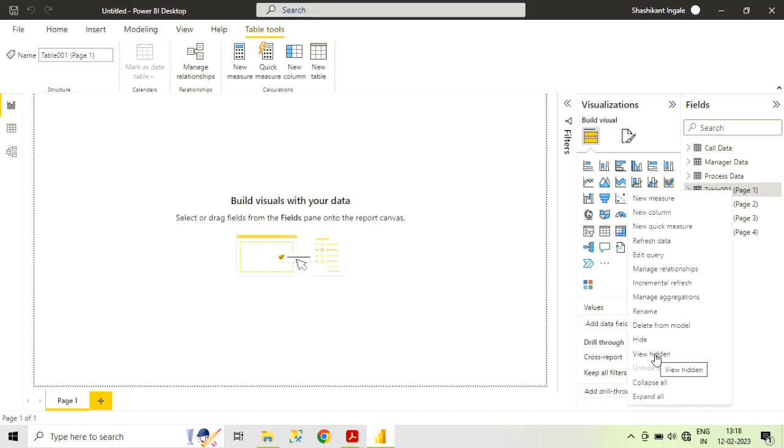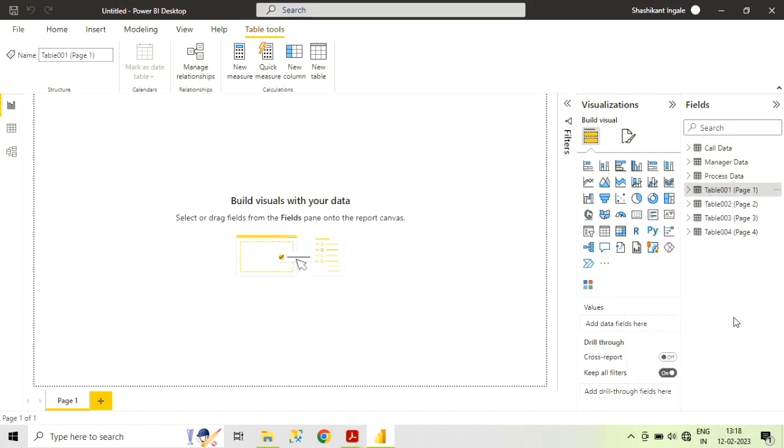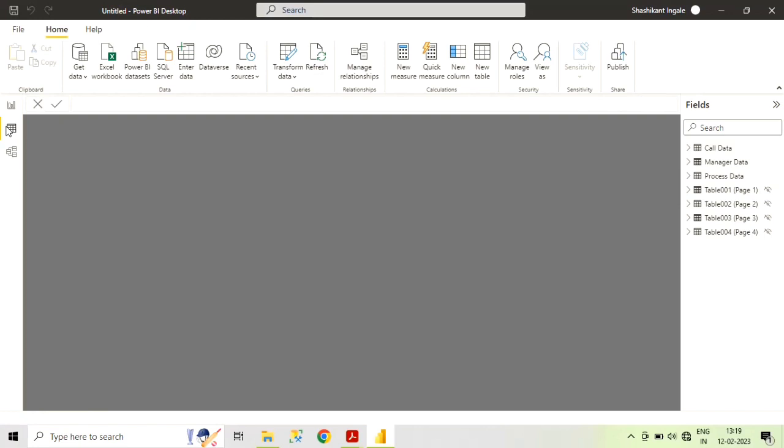You can just hide it, okay. So that will hide the table from the field. It will not delete, it will just hide, okay. So all the 4 pages are hidden here, and if we go to data view,